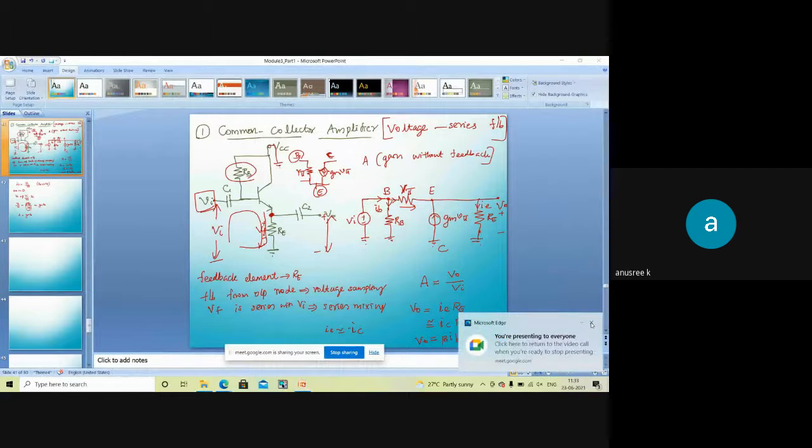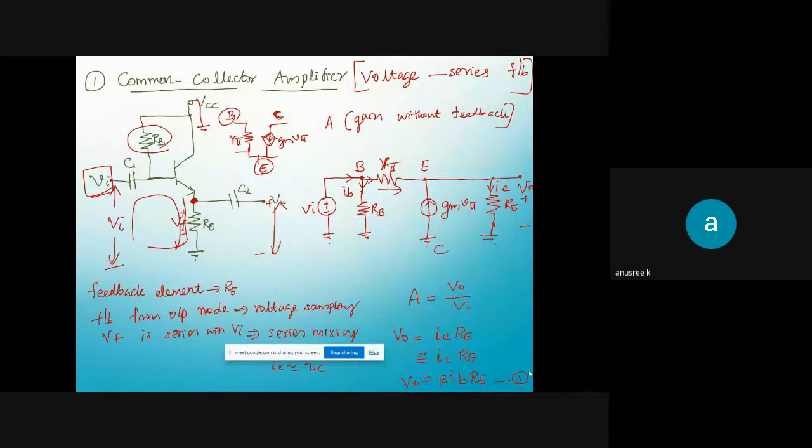Okay, so voltage series feedback topology, that is the common collector amplifier. ആ ഒരു പ്രാക്ടിക്കൽ സർക്യൂട്ടിന്റെ അനാലിസിസ് ആണ് നമ്മൾ ഡിസ്കസ് ചെയ്യുന്നത്. So here we have drawn the equivalent circuit. Okay, from this equivalent circuit,